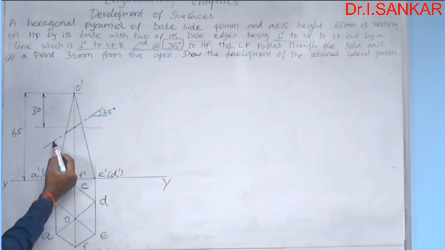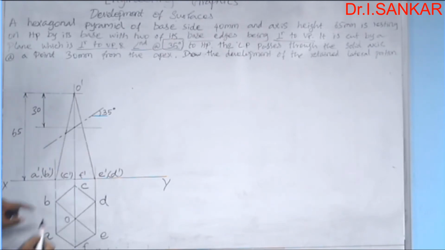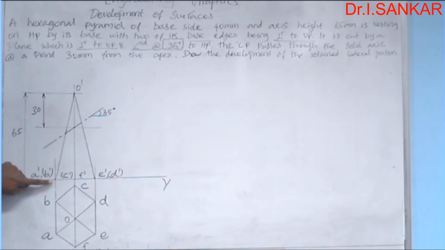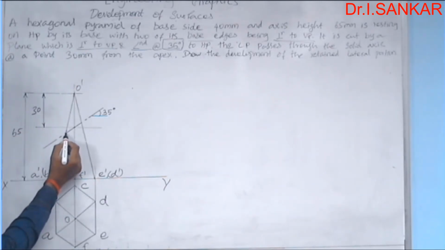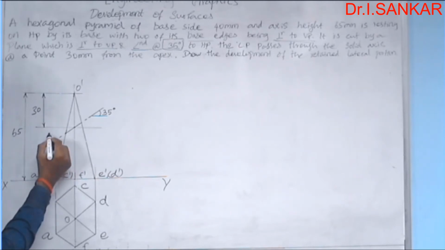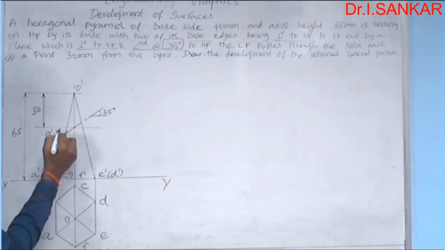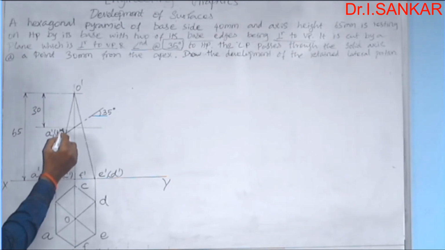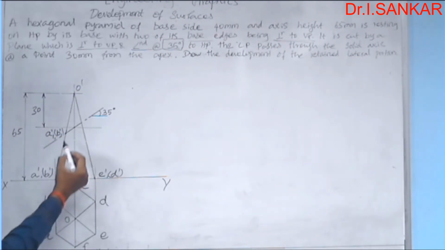Now start to travel from one extreme end of your cutting plane. Let me start from this end, and here I am meeting a first intersection. Just verify whether only one edge is passing in that or two. Here O dash B dash, O dash A dash. Two edges are passing over in this intersection. So I have to give two cut points. They may be A1 dash and B1 dash. Out of that I can give B1 dash inside the bracket.